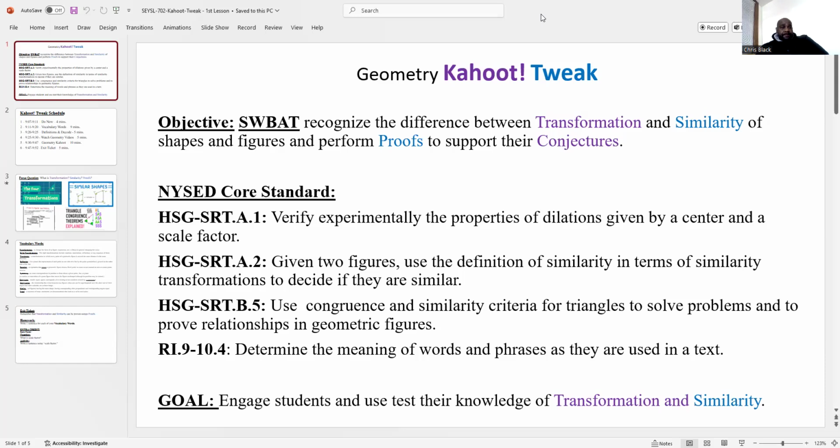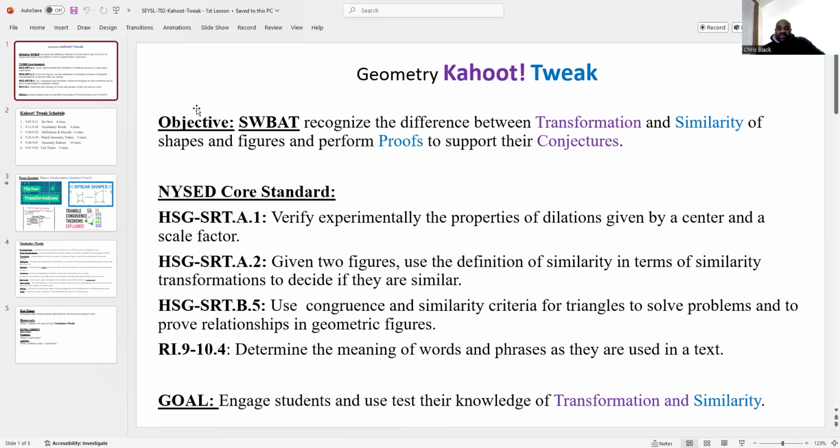As you can see, I've been teaching geometry this semester. And so it's a geometry Kahoot tweak. My students will recognize the difference between transformation and similarity of shapes and figures and perform proofs to support their conjectures. My core standards are